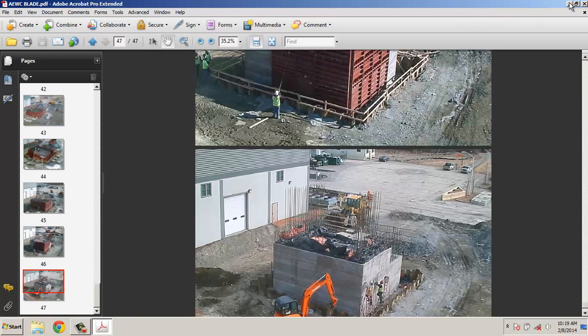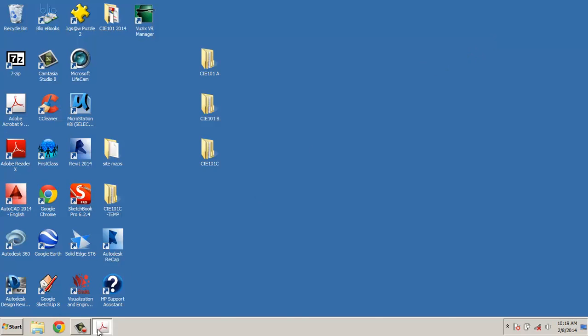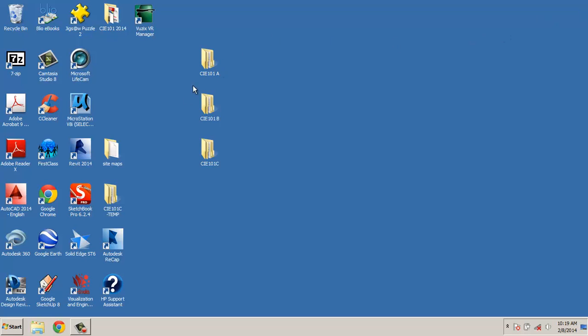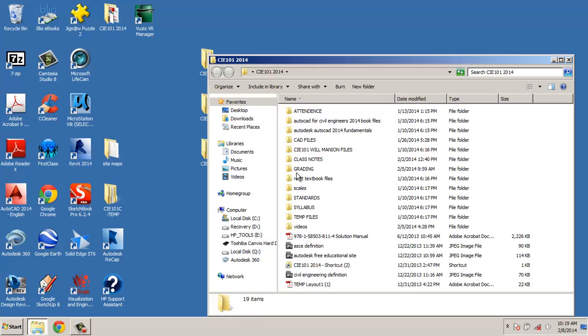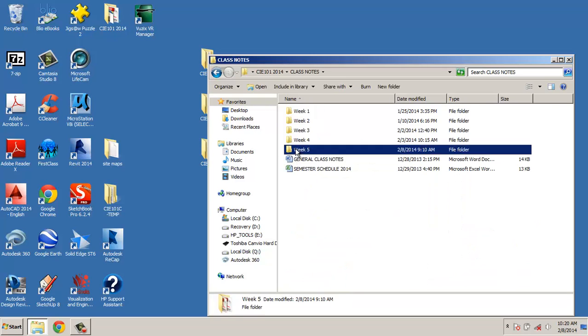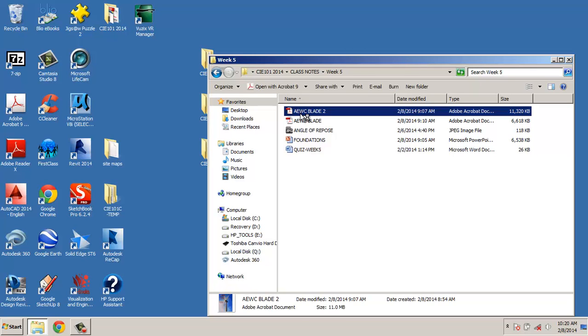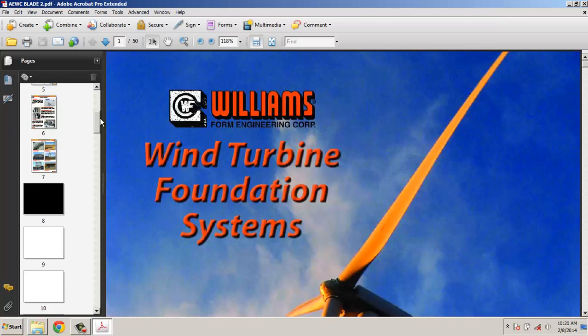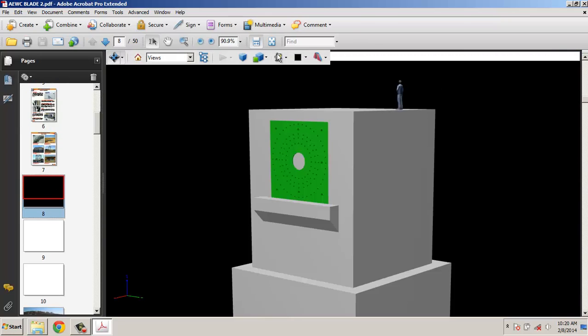Let me just, I'm going to minimize, actually I should bring this open almost. I just want to show you one other model that I had that I thought I was just in there, but I'd taken it out so I could publish it on Blackboard. If I go to my week 5 and just pick this one up, and I'm just going to click right down to this one. I wanted to show you,